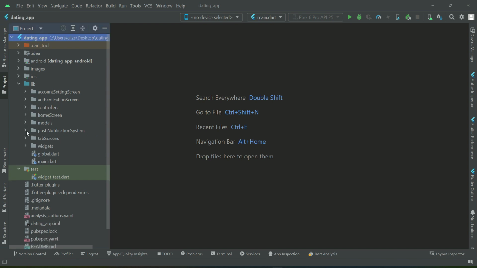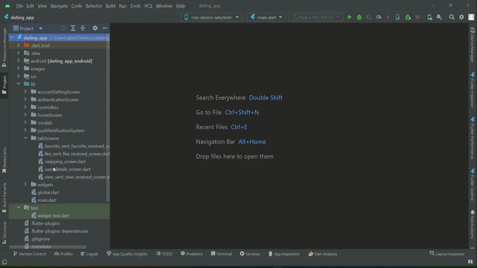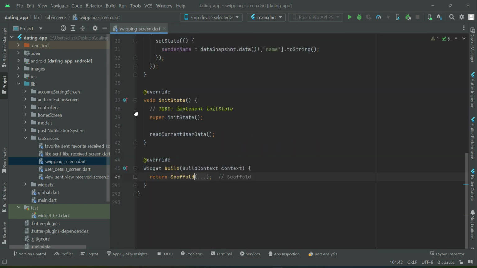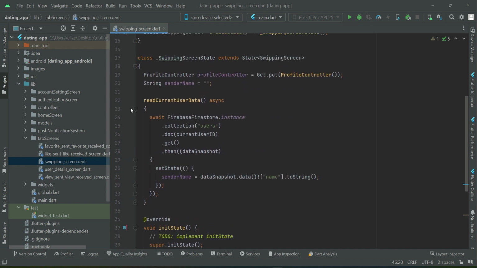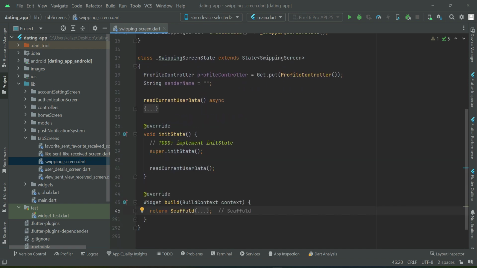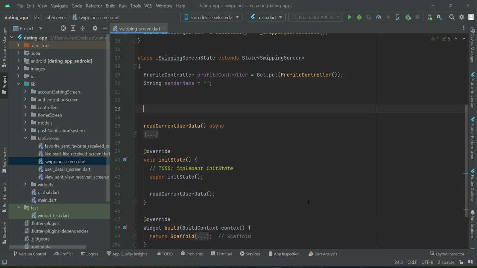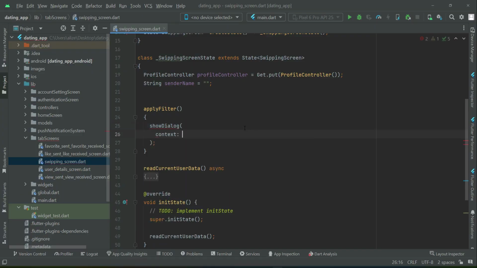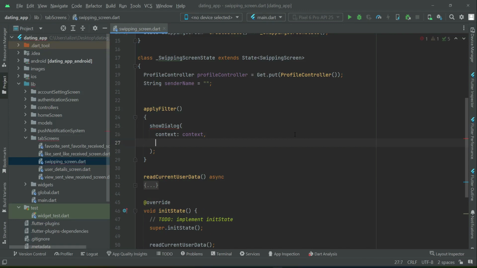So now we are going to implement the filters. For that purpose we will go to our swiping screen dot dart file, and what we can do is implement a method that will be applyFilter. Show dialog, context, builder, context,